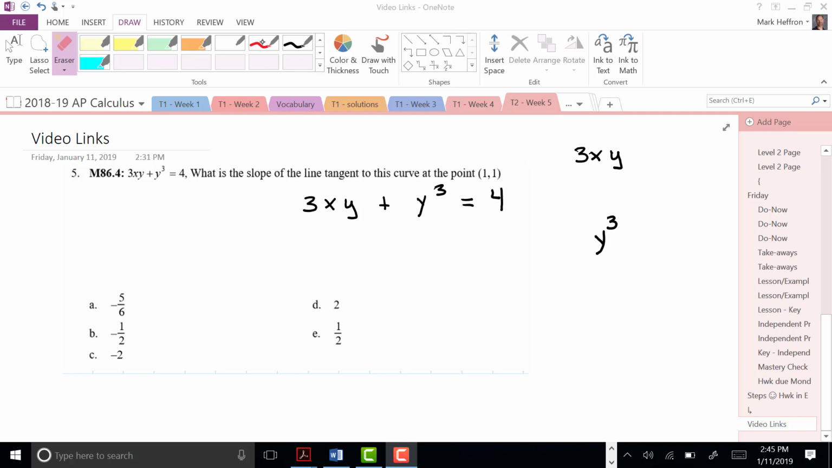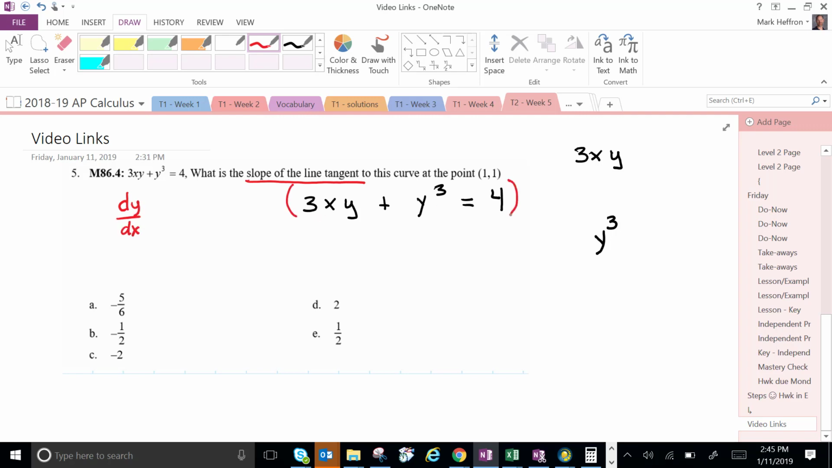So you've been asked to find the slope of the tangent line, which really means dy/dx. And so the only way to find the slope is to take the derivative of what you see here with respect to x. So before we jump into it, I want to remind us of a couple things. This is a product